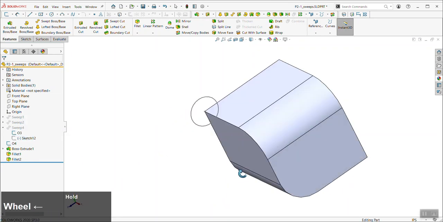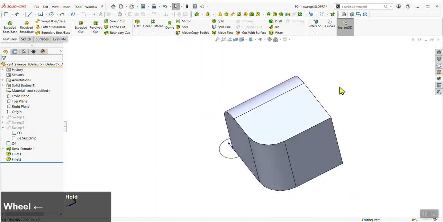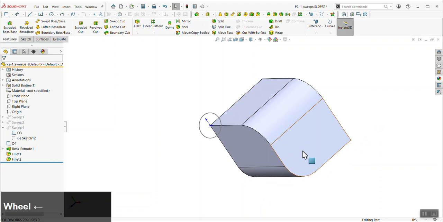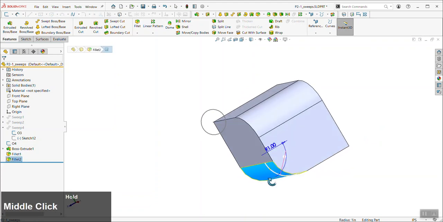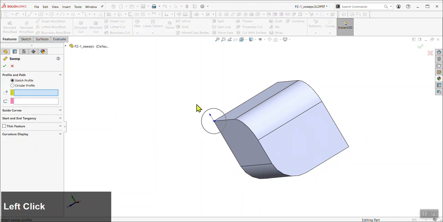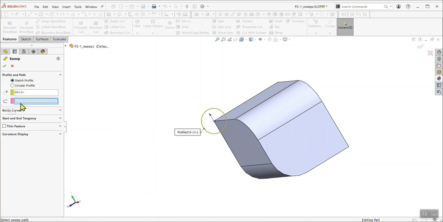Then they can also travel in multiple directions, and one of the easier ways to set this up is to create a sort of dummy body. You can see I have some fillets on here to change the direction. So I'm going to load another sweep command, select the profile, and now when it comes to selecting the path,